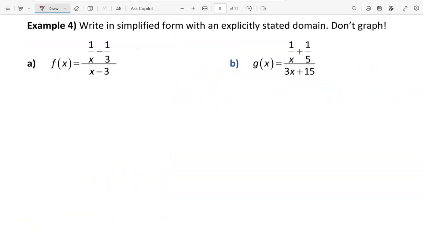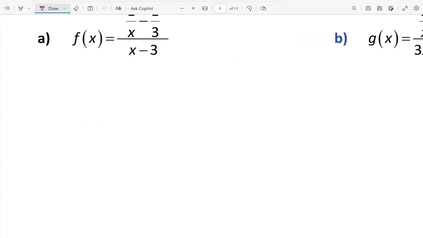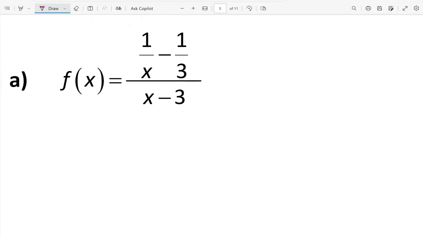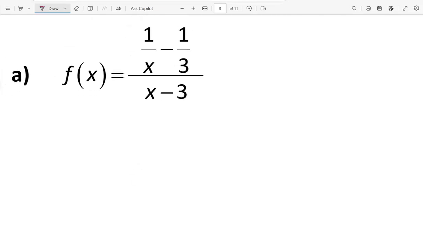In example 4, we're asked to write these functions in simplified form with an explicitly stated domain. In other words, we're going to factor and cancel like we did in some previous examples, but we're not going to graph them. We're just going to rewrite each as a function with an explicitly stated domain in simplified form. So what we have in A here is a complex fraction,